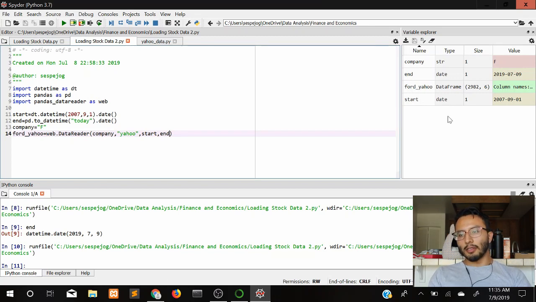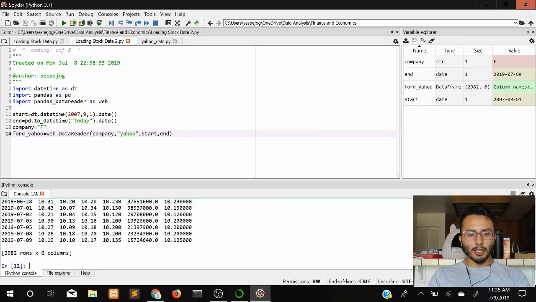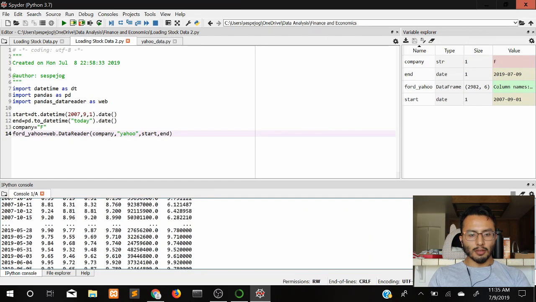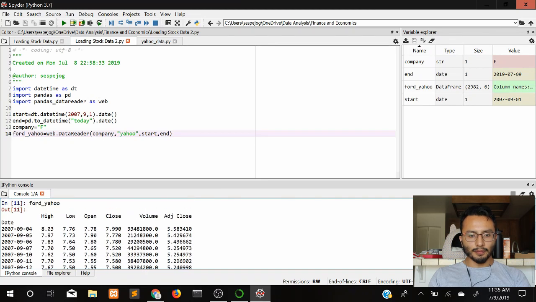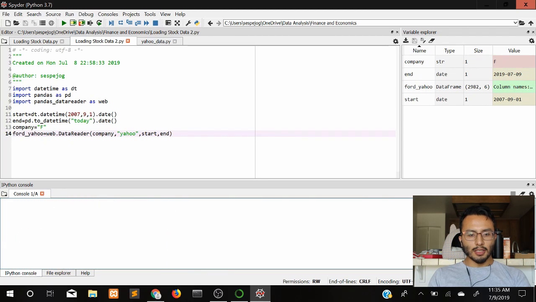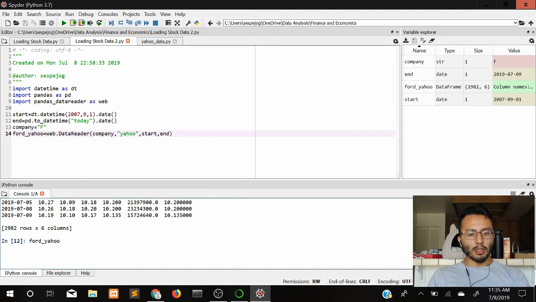All right, so now we have our data frame. If you want to look into our data frame, you could just go over here or print the data frame, or just put Ford Yahoo and run it. As you can see here, you get a lot of data. And if you only want to check if it exists, you could just put Ford Yahoo.head to get the